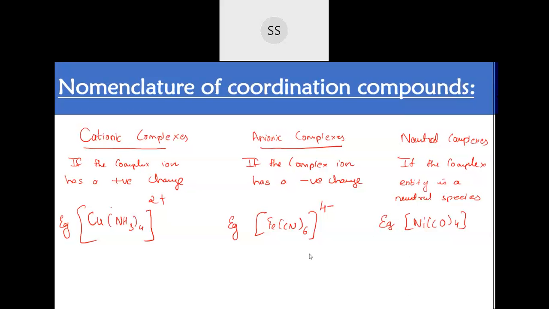Okay, so we were continuing with the nomenclature of coordination compounds, and I told you there are three types of compounds you will come across. One will be cationic complexes, one will be anionic, and the other one is the neutral complexes. So if you see a cationic complex,